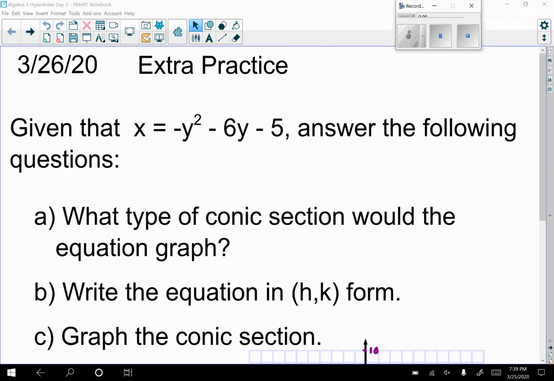Alright guys, this is day 2 of Hyperbolas, but before I go over the homework from the other day, 1, 2, and 6 off of the worksheet, I want to do a little bit of a review. So if you could either get out a sheet of paper with a ruler, or if you have graph paper,